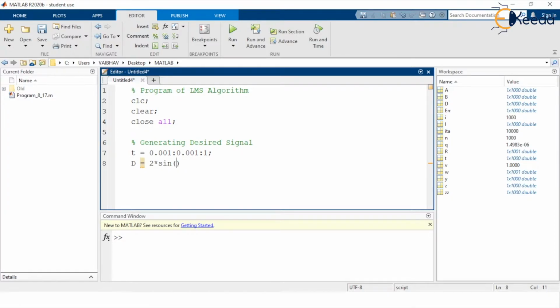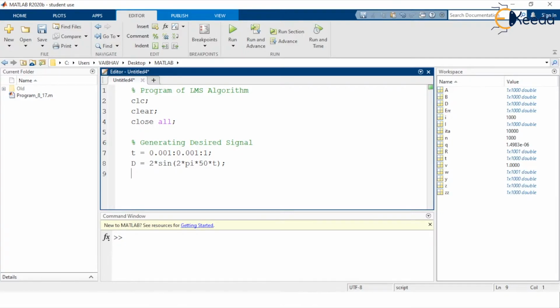Inside the parenthesis we write 2 multiplied by the constant pi, further multiplied by 50, and at last multiplied by the time parameter that we have set in the above step. So we have D equal to 2 sin(2 pi 50 t). This way we have generated the desired signal.